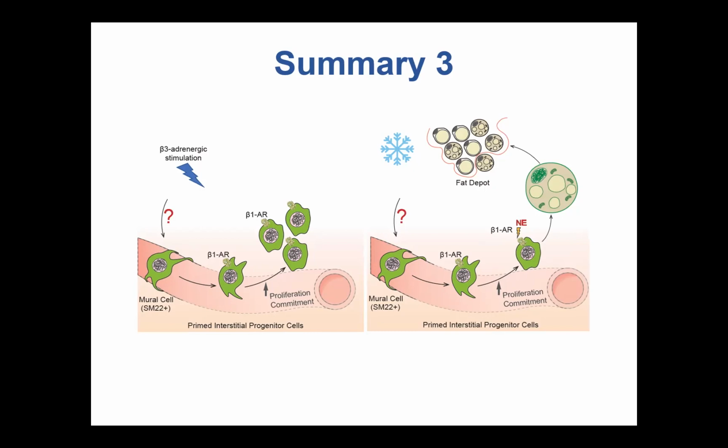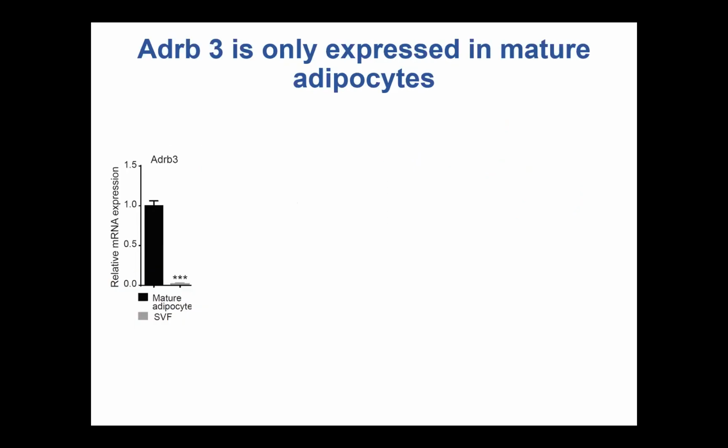So our next question was, okay, those cells are able to be recruited. However, what is the first inducer? How are those cells primed to this phenotype? So we went back again to beta-3 agonists, and we know that the beta-3 receptor is only expressed in mature adipocytes